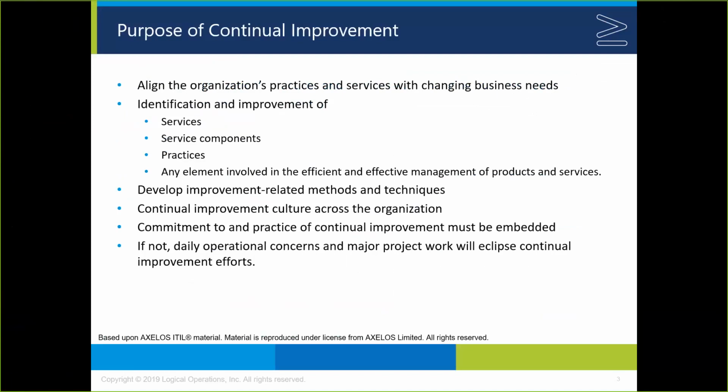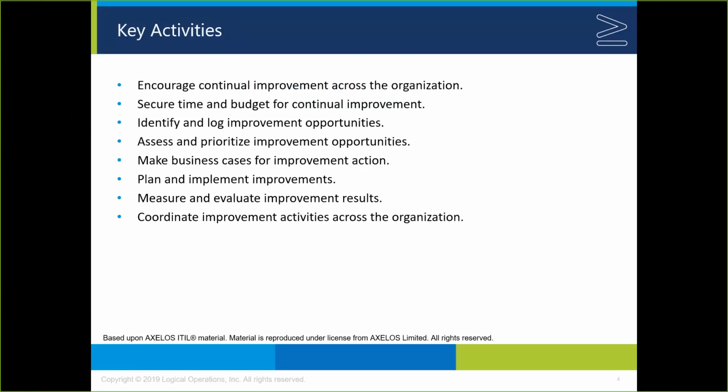All right, so this gets into the stuff that we would have covered in the previous version in CSI. We want to improve services, we want to improve processes, we want to drive a continual improvement culture across the organization, and this needs to be fundamental to how the organization operates. So we want to be able to drive continual improvement. We want to capture these. They don't call it out as a CSI register. They call it a continual improvement register, or CIR. It's not an examinable term, but it's something that is in the existing guidance that we'll probably want to use.